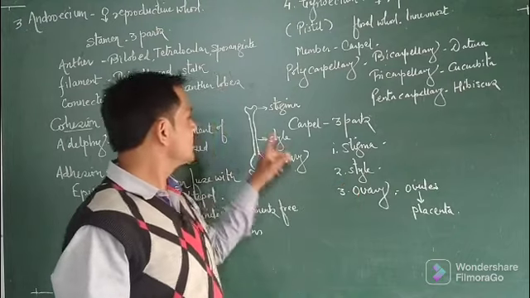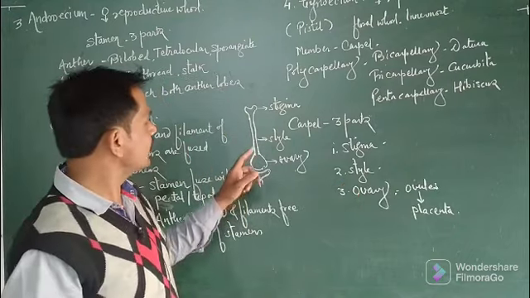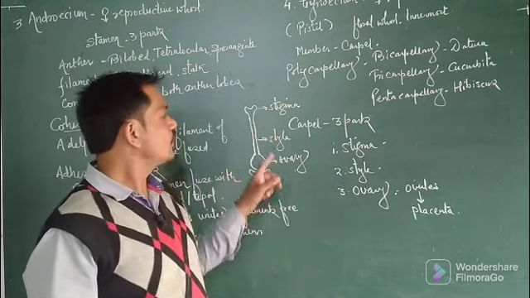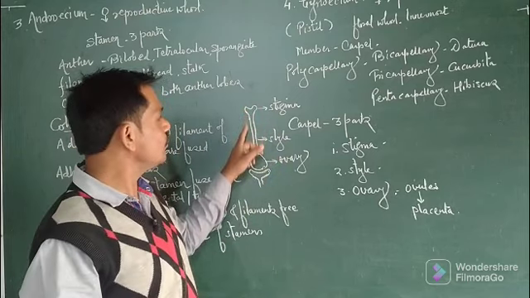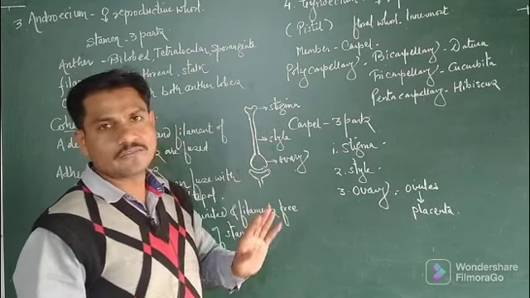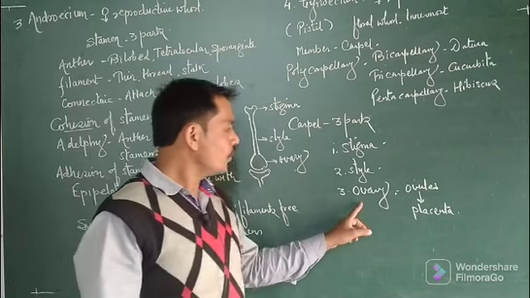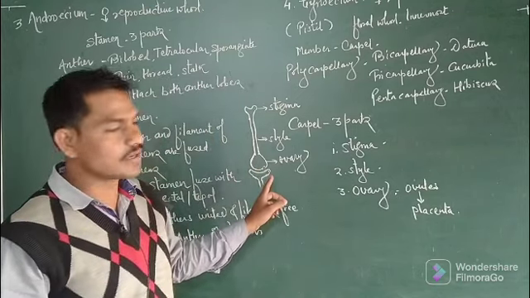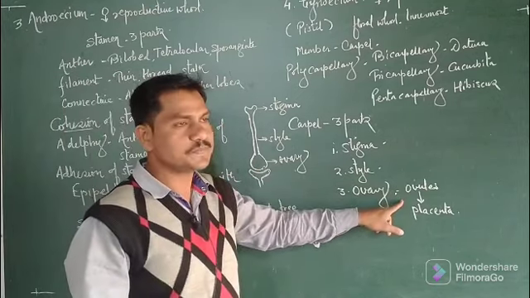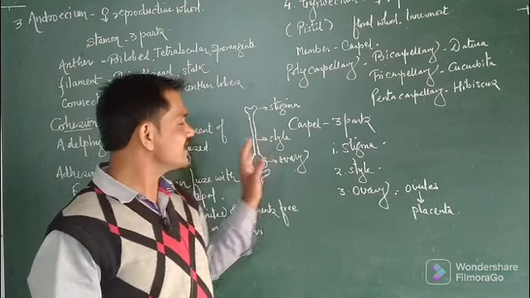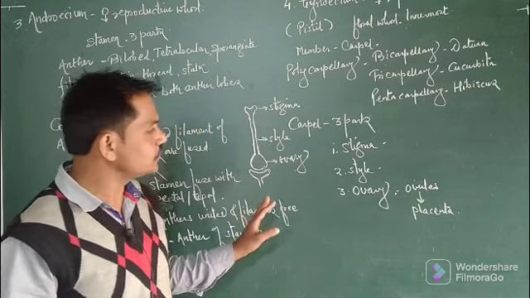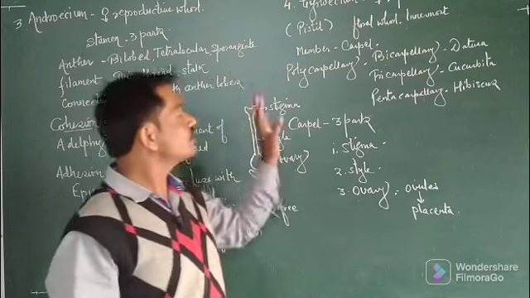Middle part is the style. This is the elongated thread-like structure which connects the stigma with the ovary. It also provides the passage for the entry of the pollen tube up to the ovary during the fertilization process. Ovary, this is a basal solan structure which produces the ovules. These ovules are placed here on the fertile tissue, and this fertile tissue is called the placenta. And this is all about the